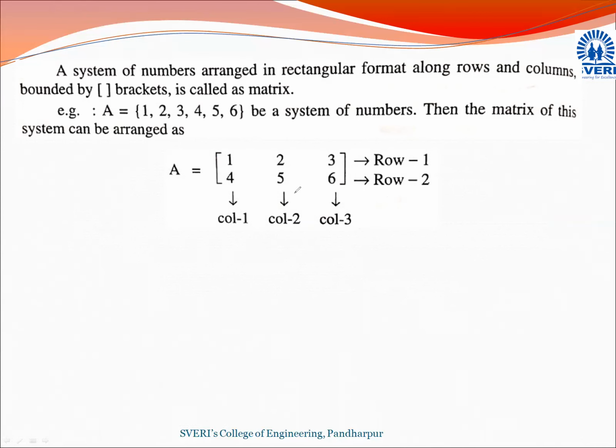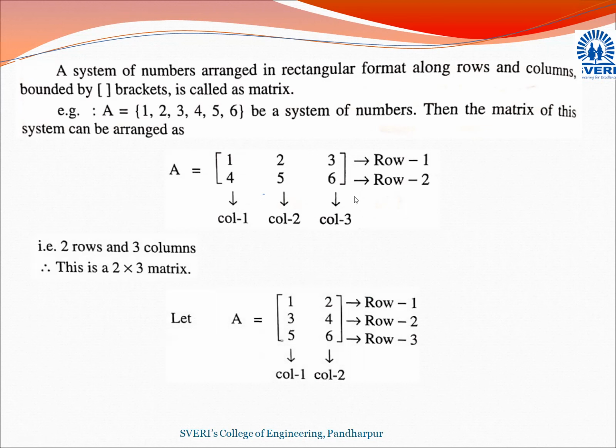Here we have taken the given numbers in 2 rows and 3 columns. In the first row we have elements 1, 2, 3, and in the second row we have elements 4, 5, 6. So the order of this matrix